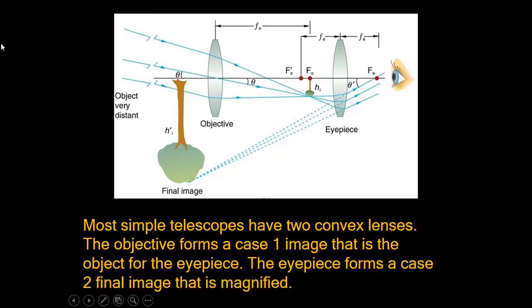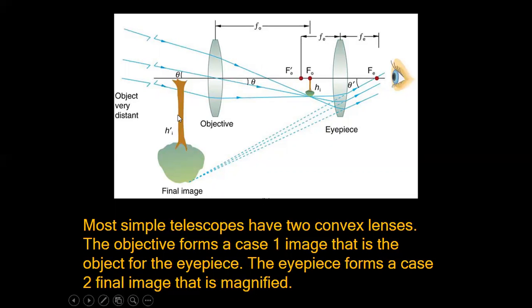So the faraway object is visible somewhere closer to our eye, and also it is a relatively big size, right? If it is far away, we cannot see a big tree, we will be seeing a small tree, right? But when we're looking through the telescope, we see this big final image, and also it is upside down. But when you're observing objects far away, like a star or the moon, we don't mind whether it is upside down or upright. We cannot really judge whether it is upright or the other way around, inverted, right? So it doesn't matter, but in a telescope, we see objects that are far away closer to us, and also upside down